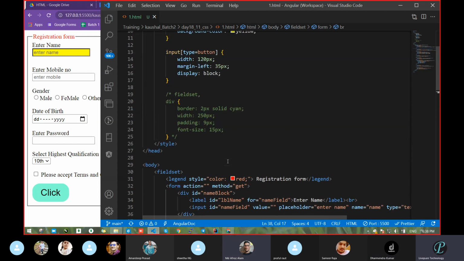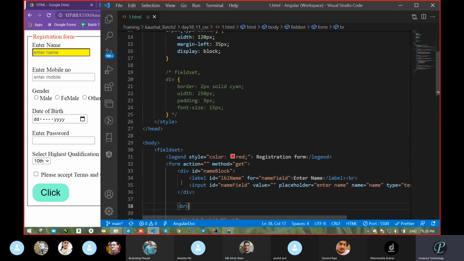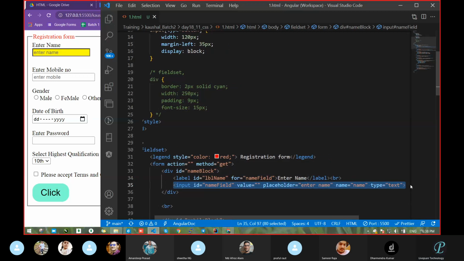Okay, so in the attribute selector, what are the attributes for an input field? Can anyone? Pooja, Sweta? Fast. Ritvik: name. Okay. What about ID? Is this an attribute? Yes, sir. What about value? Is this an attribute? Yes.